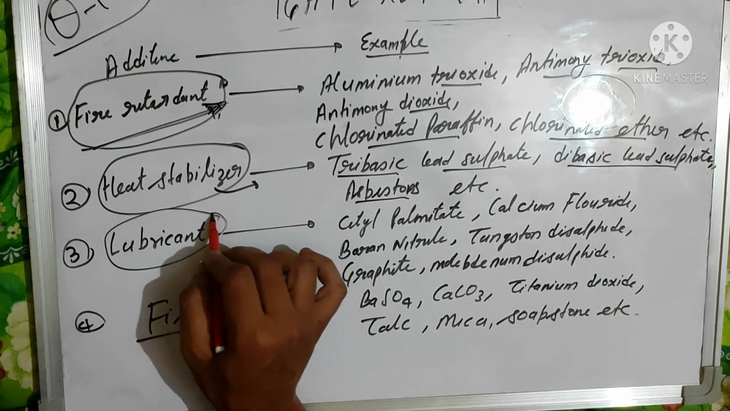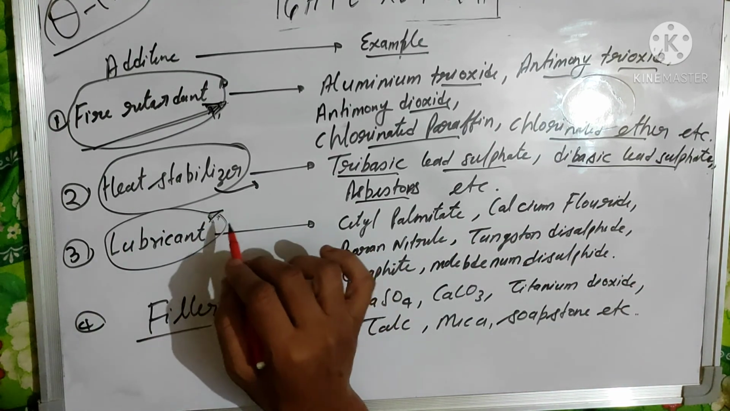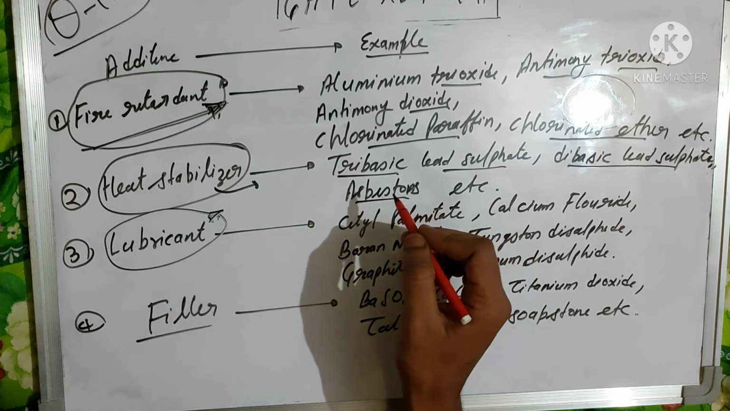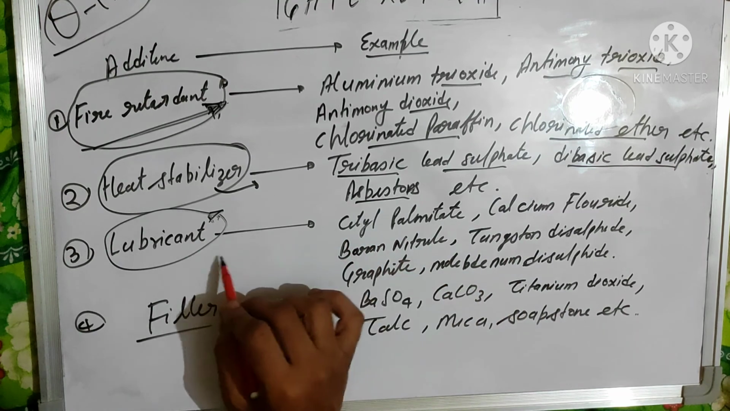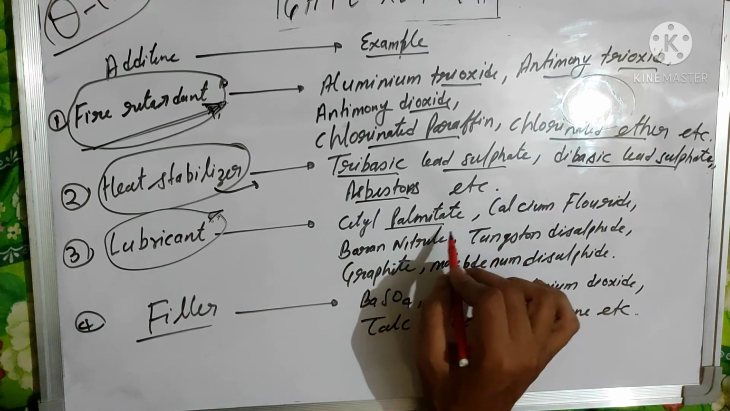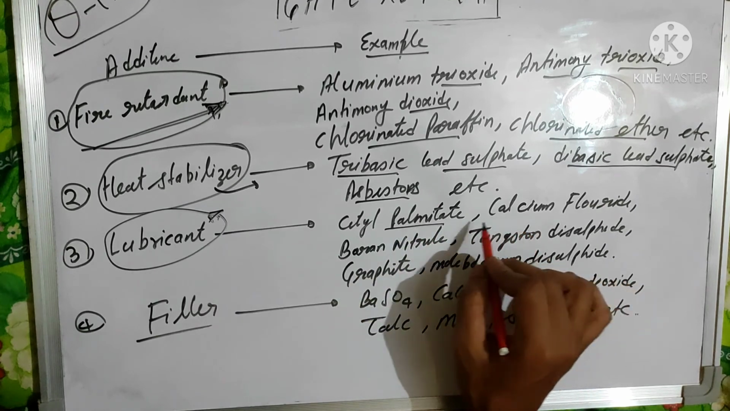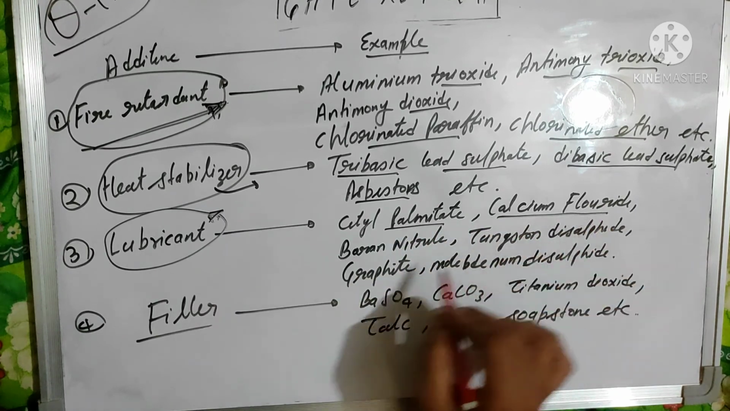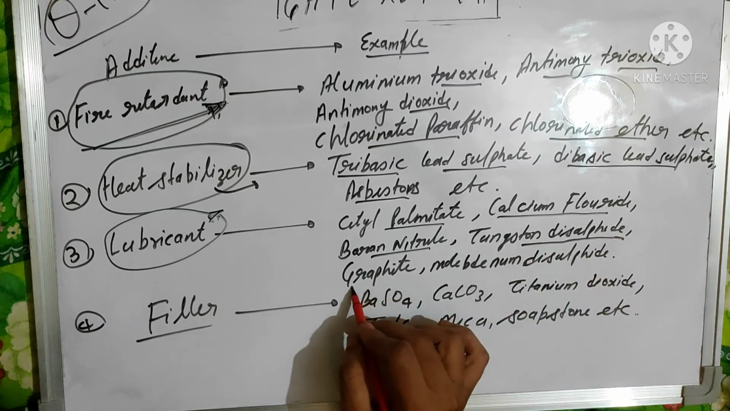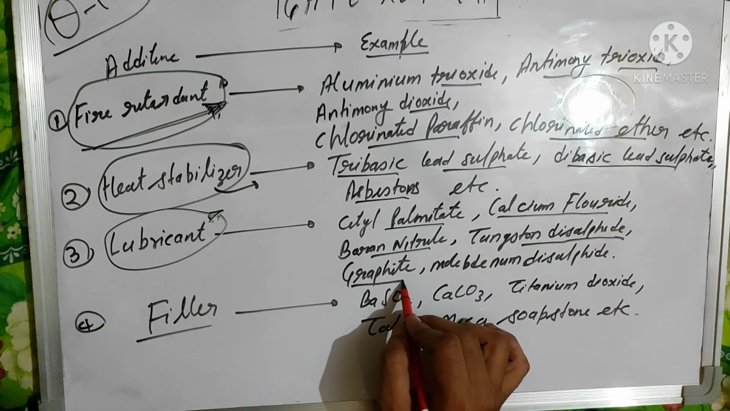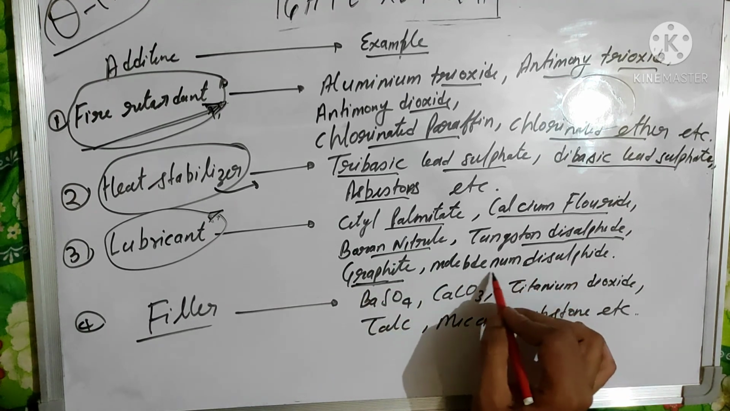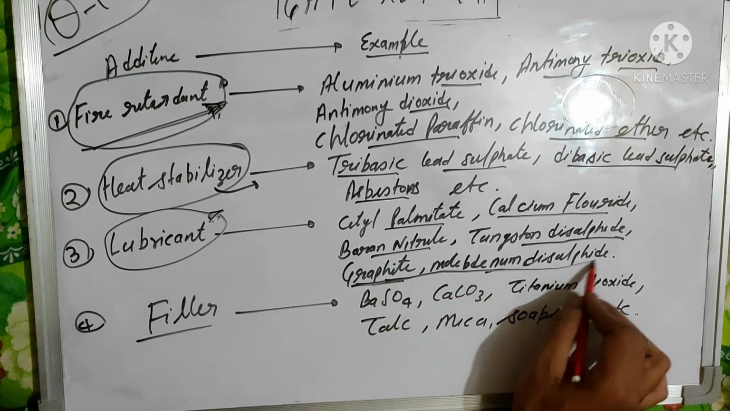Lubricant is used to reduce the friction between the polymeric material during the processing. Common examples of the lubricant are cetyl palmitate, calcium fluoride, boron nitride, tungsten disulfide, graphite. Graphite is a solid lubricant. Graphite and molybdenum disulfide are solid lubricants,